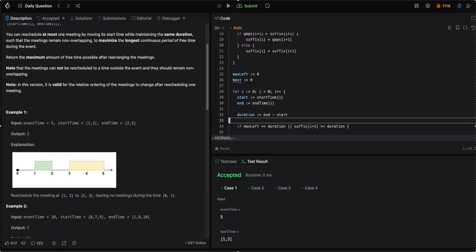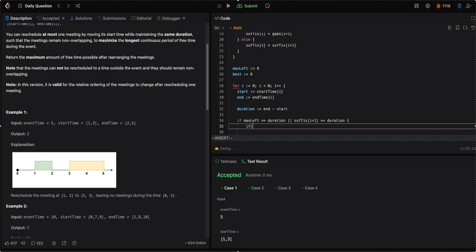Let's go 0. So now if our current best is smaller than, yeah, what we gain if we're throwing our current block in between some space around other blocks, we're gaining space on the left, right, and that duration. So I think maybe